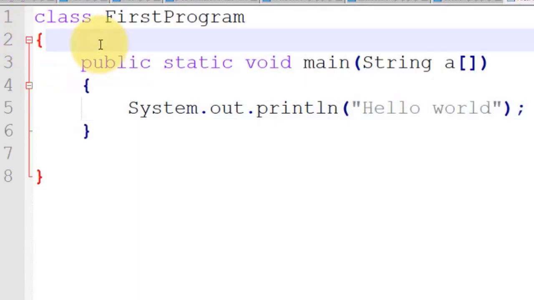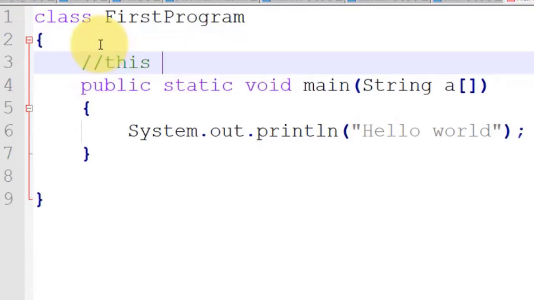Now you can write a single line comment here. This is my first program. Save it, go to the folder,